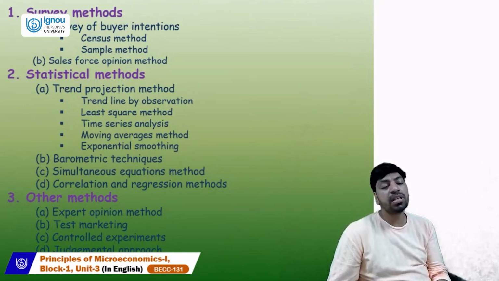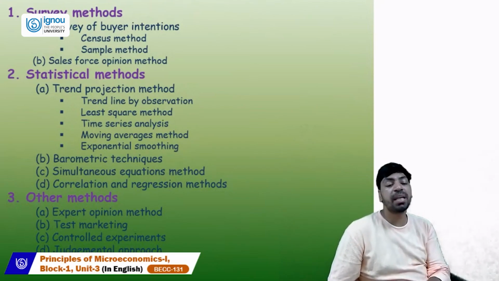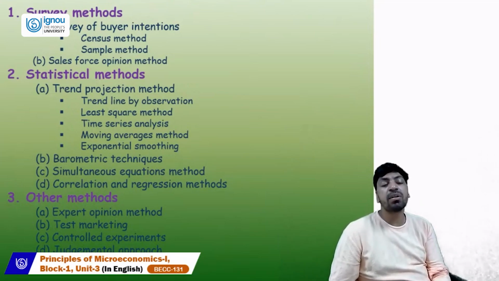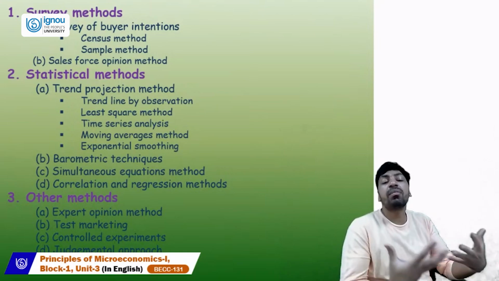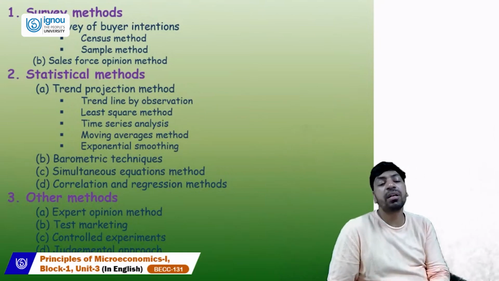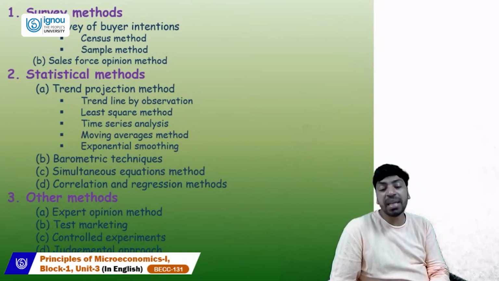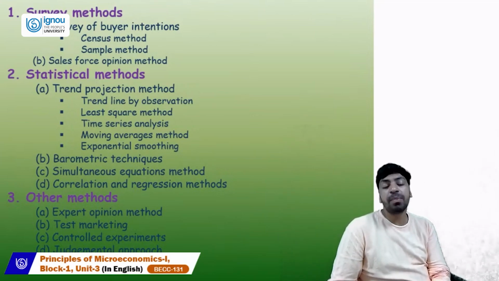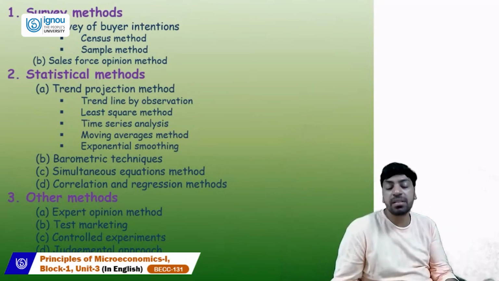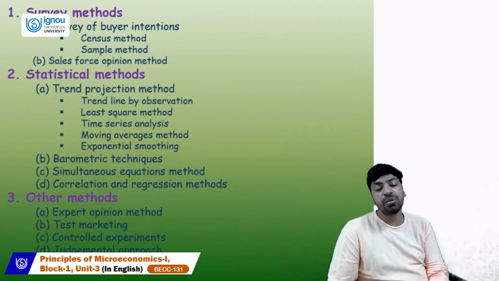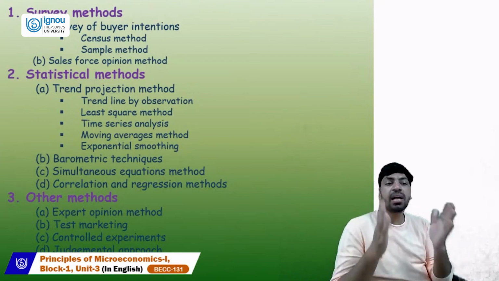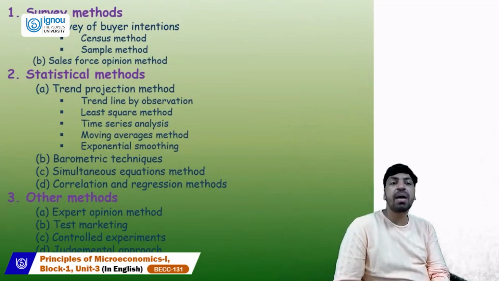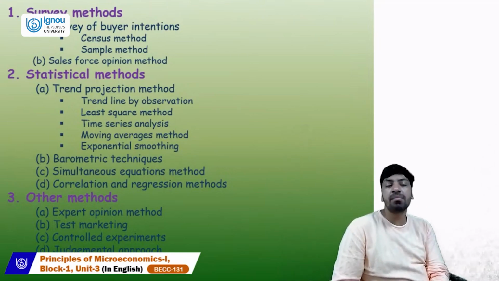So it depends on the judge. If a particular product has been tested, then accordingly a particular expert will judge that product and share their views or opinion, and that opinion and that final judgment will be used to forecast the demand of a particular product. So these are the various methods, the main three methods: survey, statistical, and other methods, where every method is classified